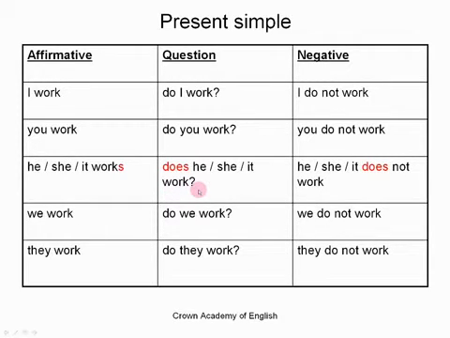And finally, the negative form. So again, it is the third person singular form which changes. And here we say he does not work. So we add the word does not, and the actual spelling of the verb